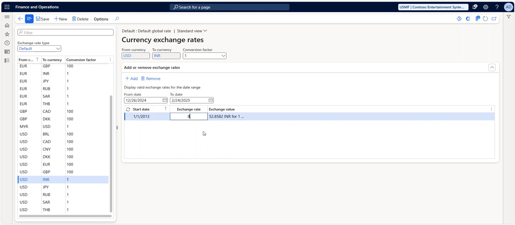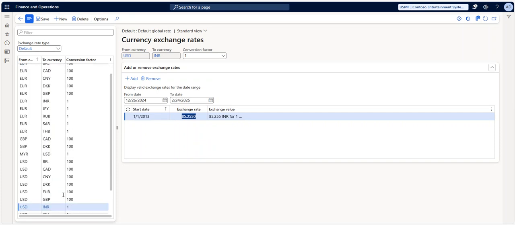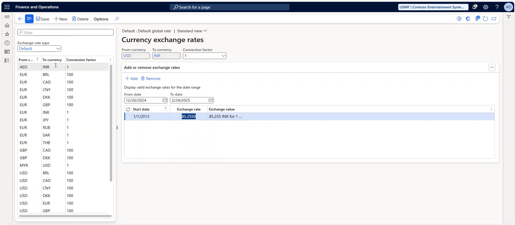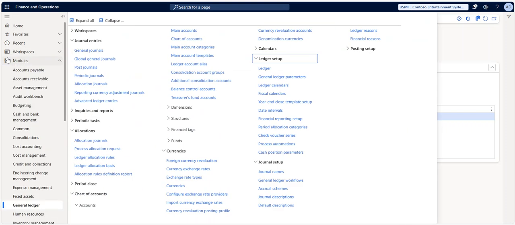Let me change it to 85. Okay, so I just modified the exchange rate to 85. 1 USD equals 85.2550. Okay, now let me make the reciprocal also. Okay, let it be. Now after defining this particular rate, if I do any transaction in INR,